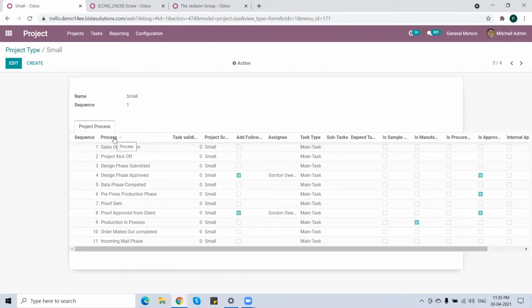Processes can be defined as the actual task of the project. Task validity days can be defined as the number of days to finish the task. Project scope means scope or extent of the project. Select the Add Followers checkbox if the customer is involved in the completion of the task. Assignee is defined as the person to whom you want to assign this task. In task type, we distinguish whether this task is the main task or subtask, whereas subtask is a task within